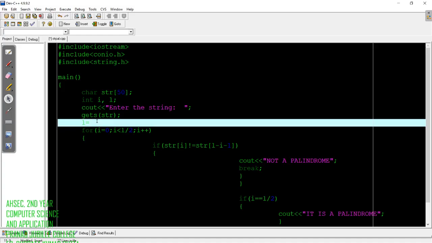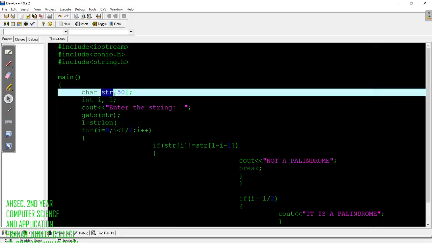So for that I will use another function called strlen. strlen stands for string length. Which array's length do we need?